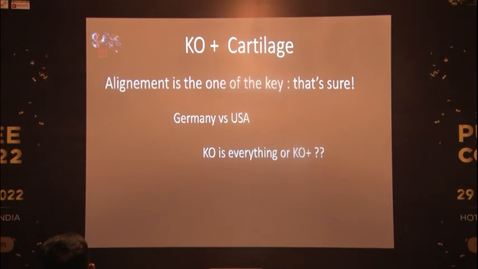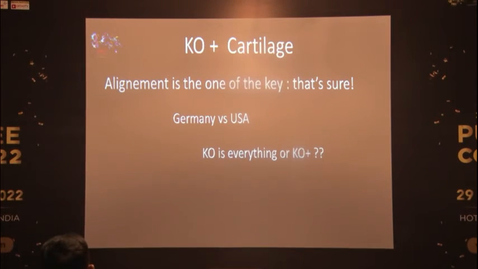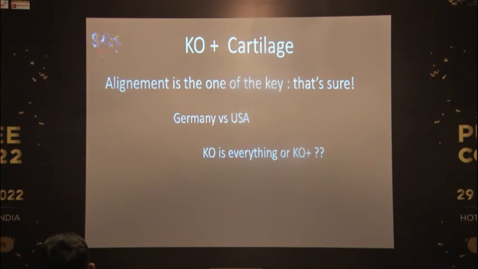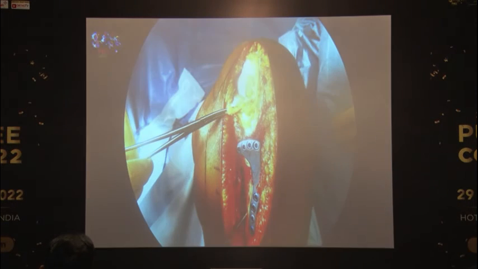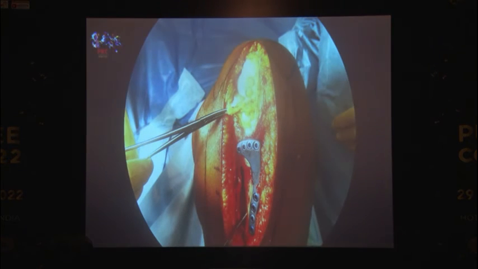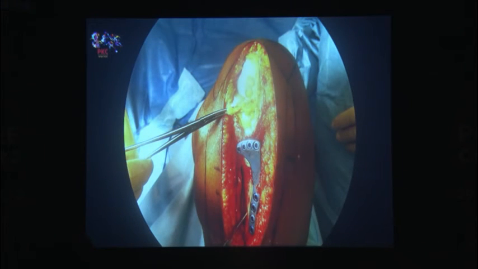Then comes the cartilage issue, and you have a big fight, let's say Germany versus USA. It's a classic fight, let's say, of the last century. The Germans will say that knee osteotomy does everything. You do the osteotomy, the cartilage will heal. And the American way is more or less, I'm doing the cartilage and I'm doing the additional osteotomy to protect it. I'm more or less American on that,